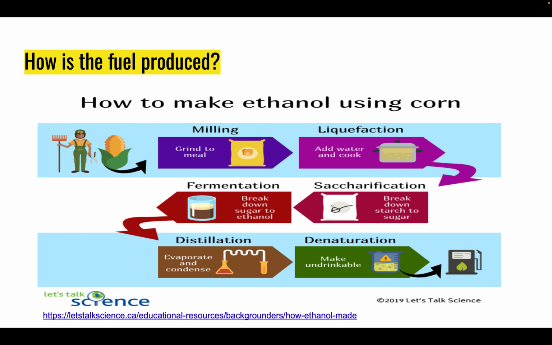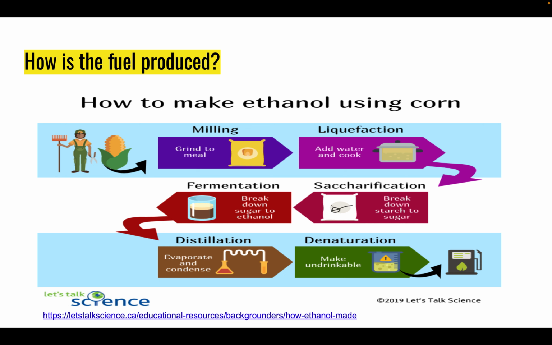How is this fuel produced? Well, first you have, at the top left, the farmer with the corn. He grows the corn and harvests it, which leads us to our first step, milling, where you grind the corn and turn it into corn meal, which we use in the second step, liquefaction, which is when we add the cornmeal to boiling water and allow it to cook to extract the starch, which leads us into our third step,